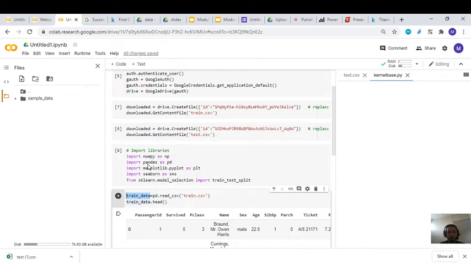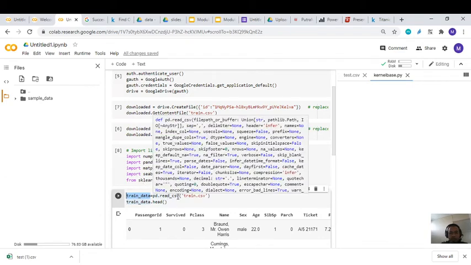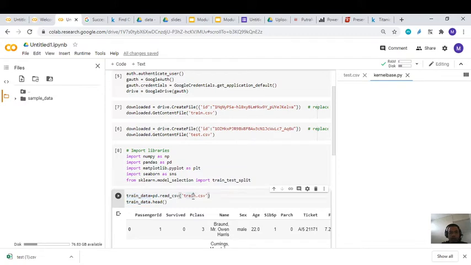We use the library of pandas, then read_csv. So we use the instruction from the library to read our CSV. Then we give the file that we will read, train.csv. After that, to check whether the data can be read by train data or not, you can check using train data.head.